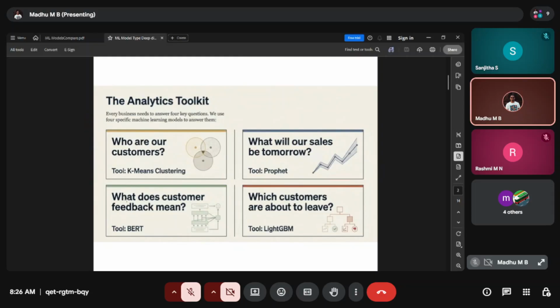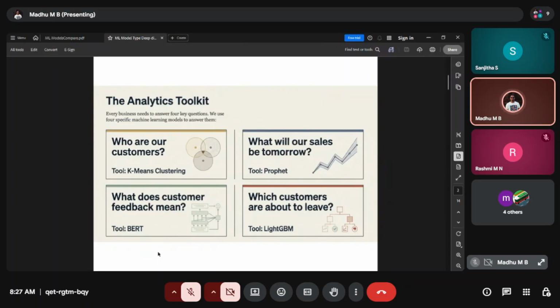Just to give you a highlight, if we are trying to categorize the customers, who our customers are, the tool is K-means clustering. And what will be our sales for tomorrow, in that series the profit is the machine learning model. And what does customer feedback mean, if we are trying to analyze that, then the BERT is the better model.